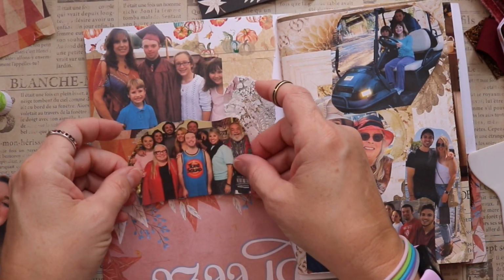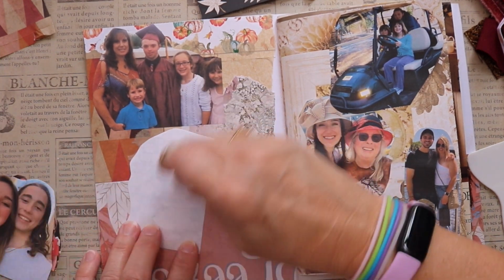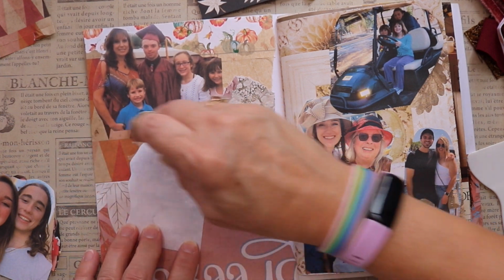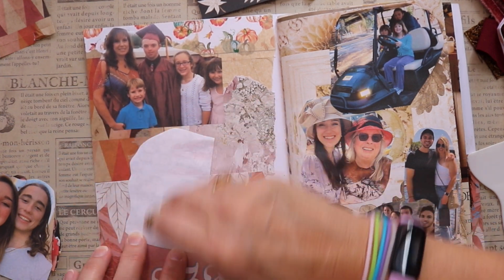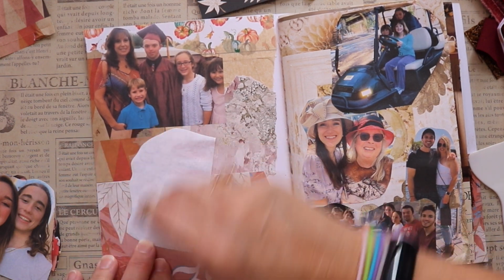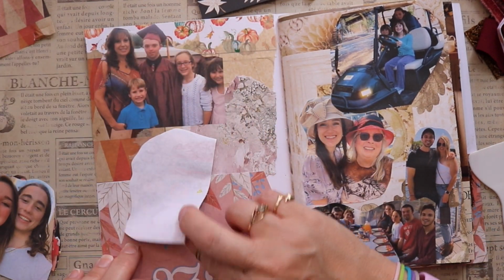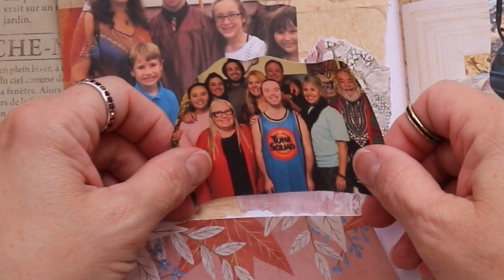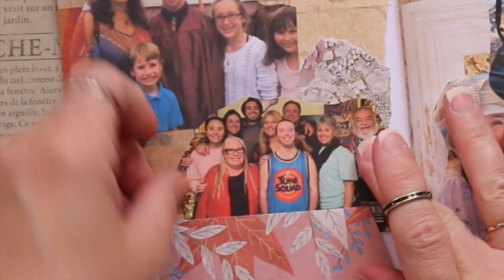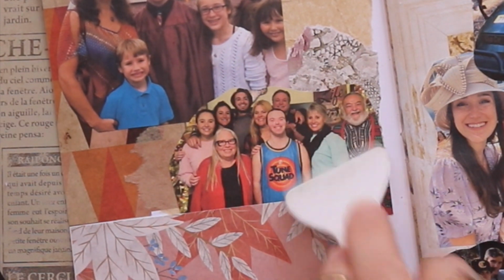And then this is a time at Christmas we celebrated at my house, and a very large portion of my family is in this picture. But my sister, let me see, I gotta flip it back over. I don't think Dawn's family is in it because I think they had moved by this time, but let me see what we have here. Yes, they had moved. So this is a picture of my mom and my stepdad Arnie, my sister Andy, and